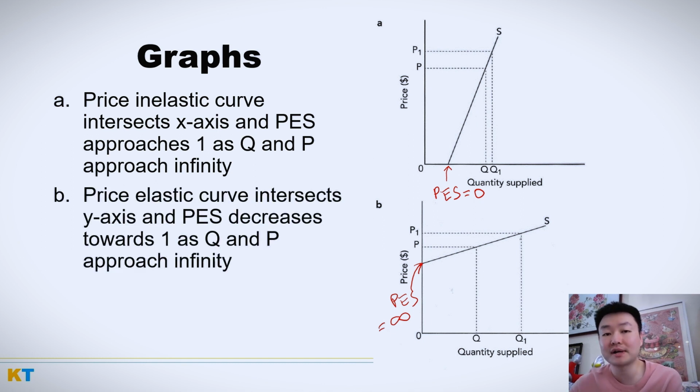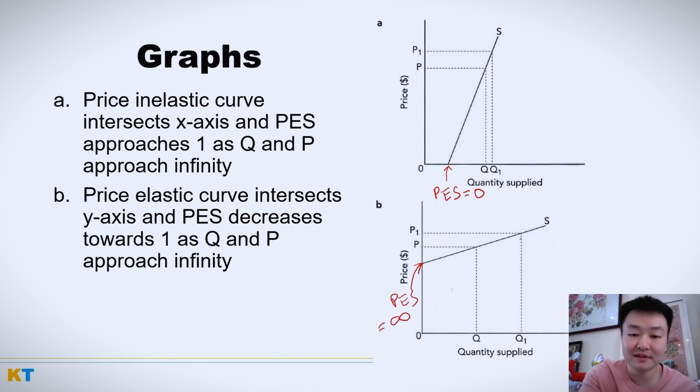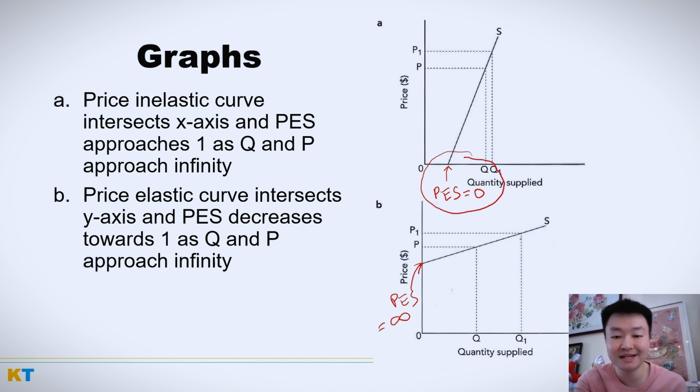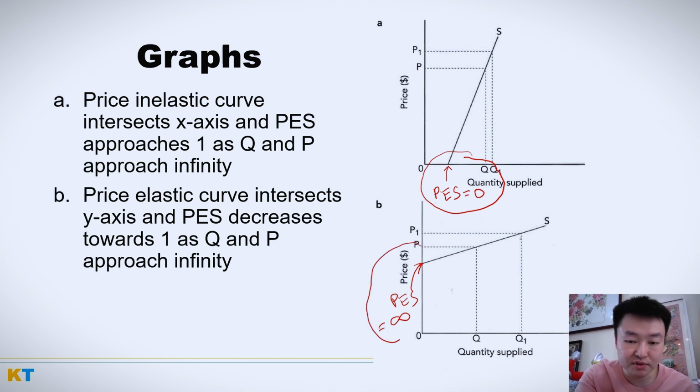We're dealing with a price elastic curve, then it intersects the y-axis. And the price elasticity of supply decreases towards 1, but never reaches it, as Q and P approach infinity. Now, you can also do the math for this, but I'm not going to do this in this video. Now, you'll notice something very interesting: the PES is equal to 0 on an inelastic curve, okay? When we're intersecting the x-axis, and the PES is equal to infinity when we're intersecting the y-axis on